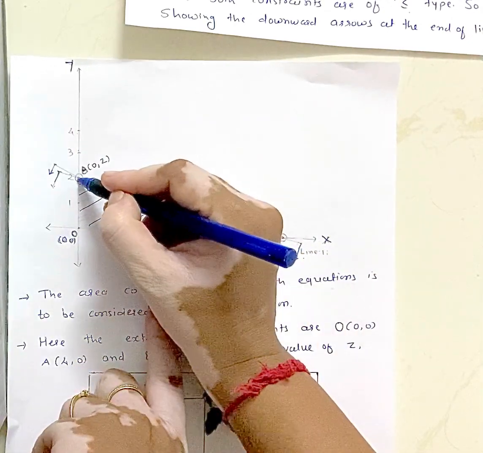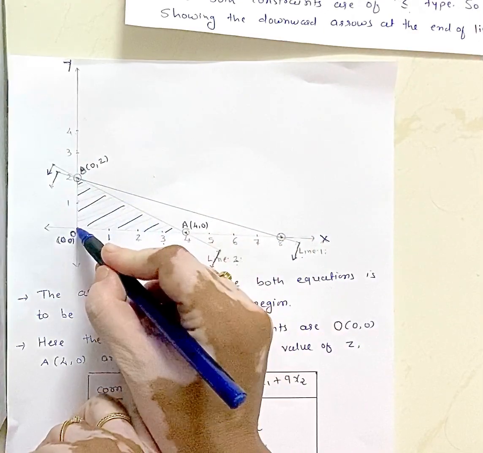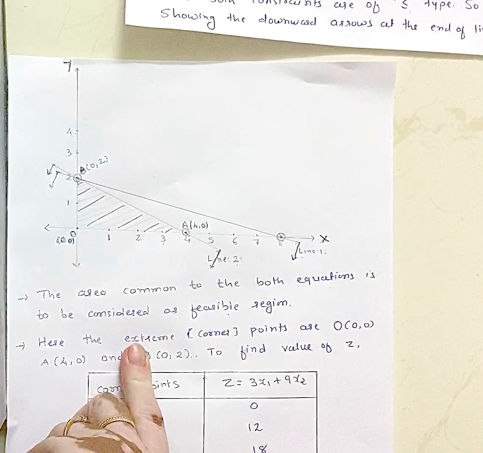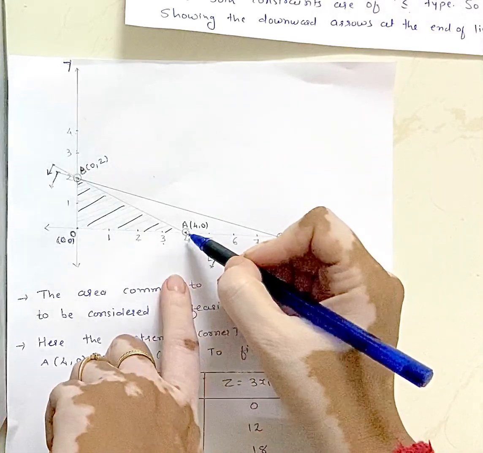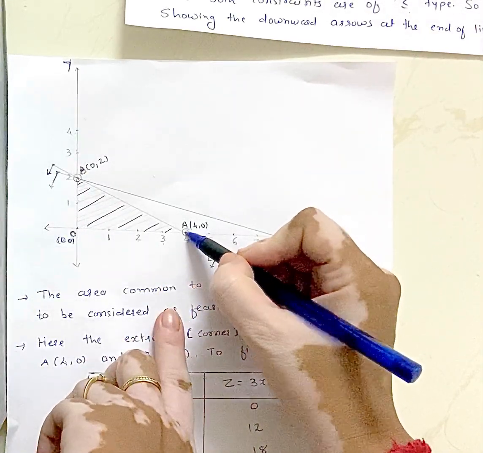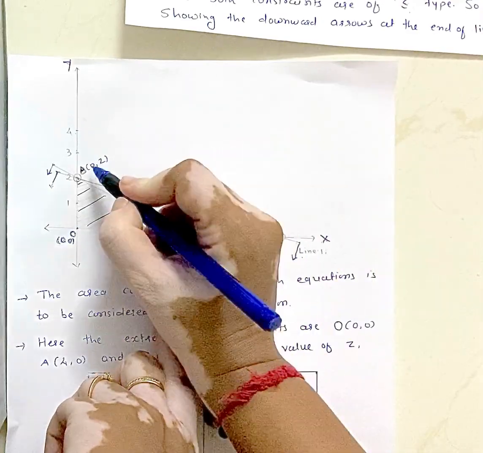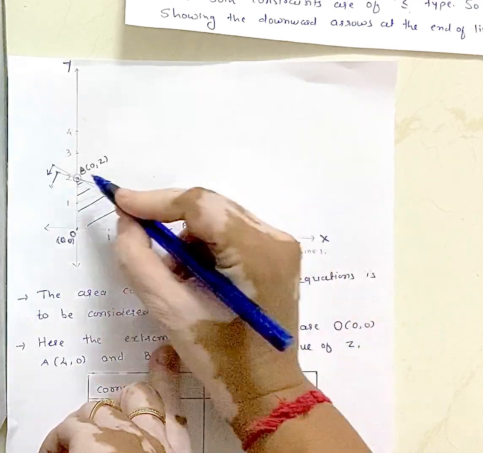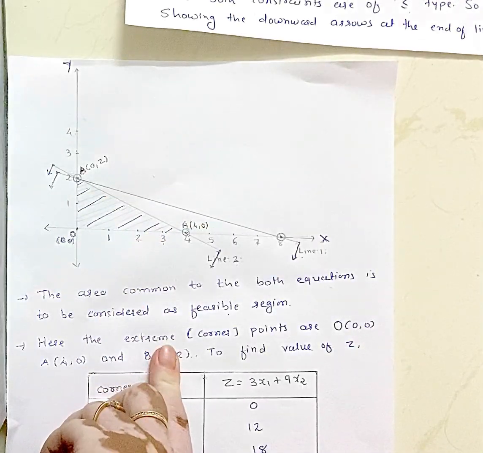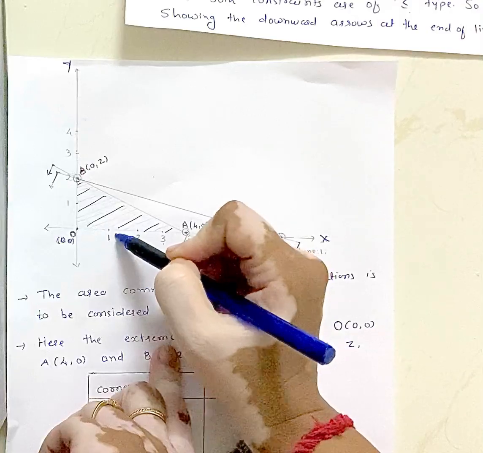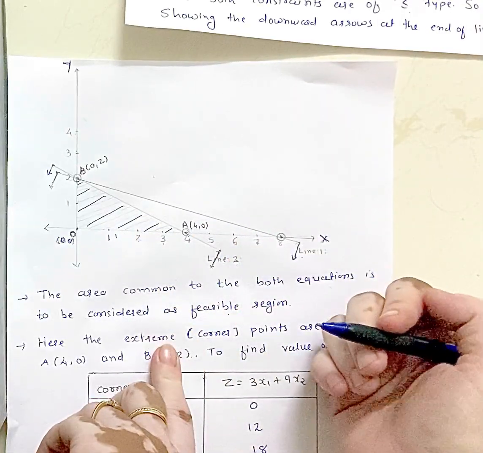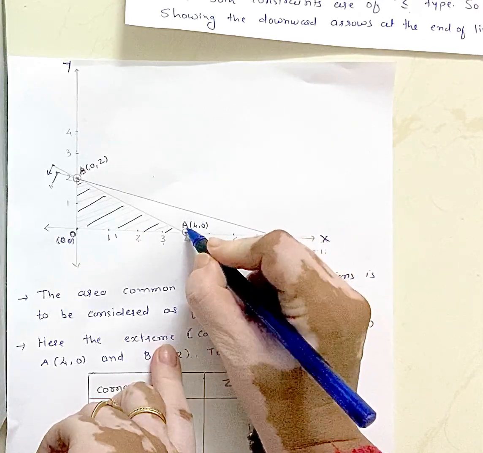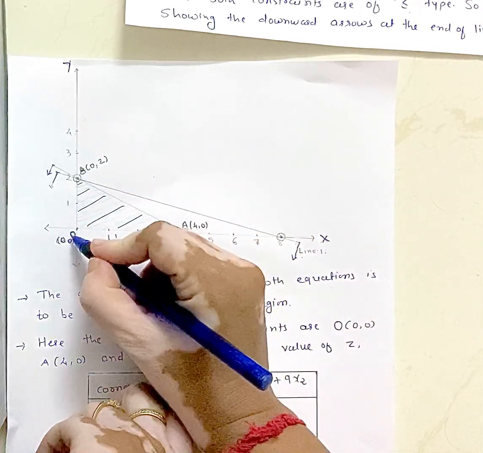Okay, now what is your region? This y axis, this x axis, and this line, this is our region. Now this region will become, how many points are there? Corner points. This is 4 0, 0 2 and origin. Okay, ये तीन पॉइंट मिला के हमें एक रीजन मिलेगा. Okay, so these points are called extreme points or corner points. Okay, so we have to add the names A, B, O.